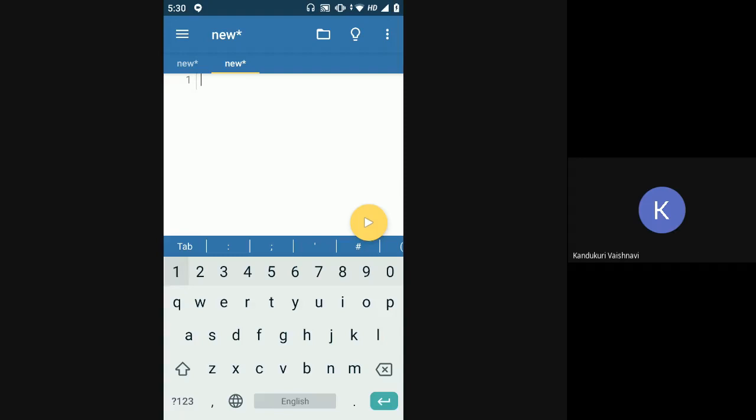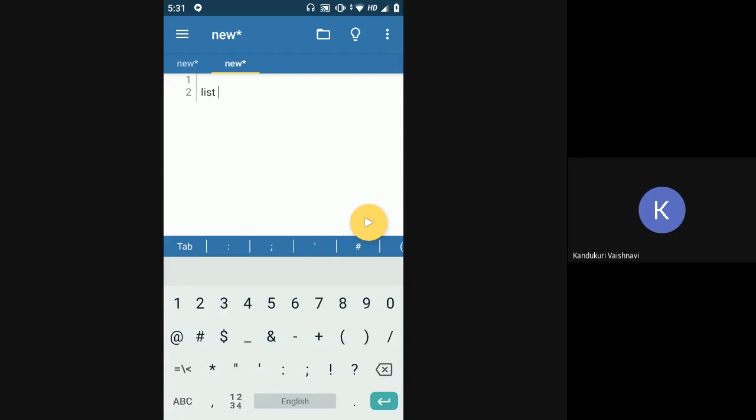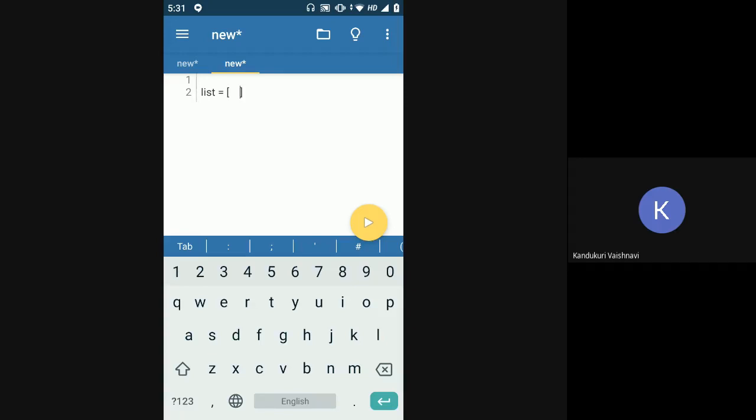If I have a list of numbers, the same one, we can take 1 2 3 1 1 1. I can sort this list.